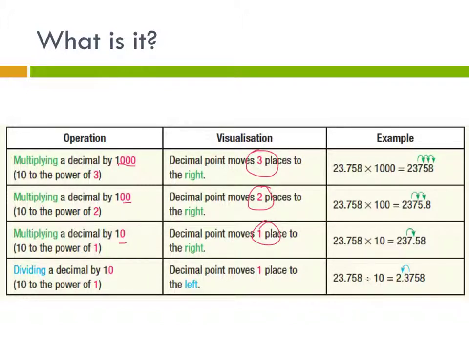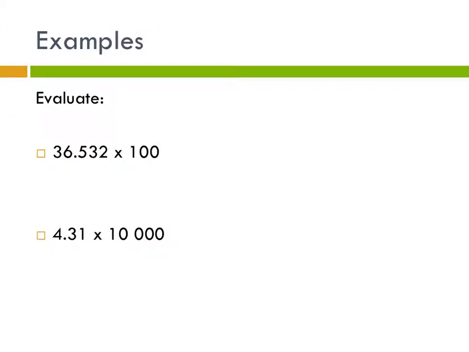If I divide it by 10, on the other hand, it moves it 1 place to the left. So with multiplication, my number becomes bigger, and I move it to the right. With division, my number becomes smaller, and I move it to the left. Let's have a look at this. The word evaluate means work out, and it's asking me to evaluate